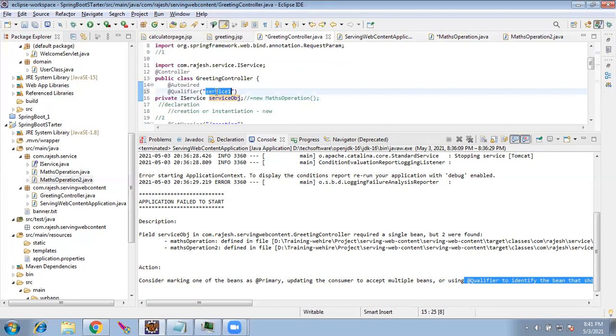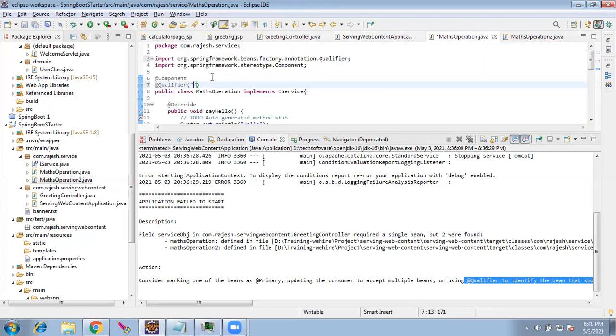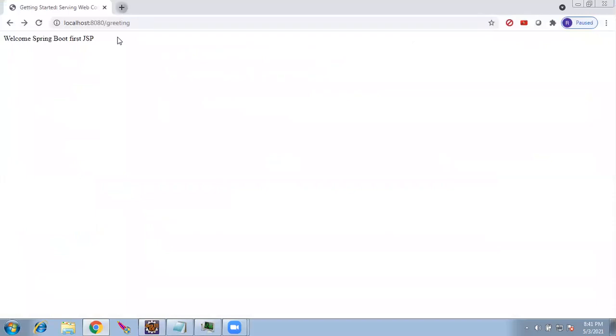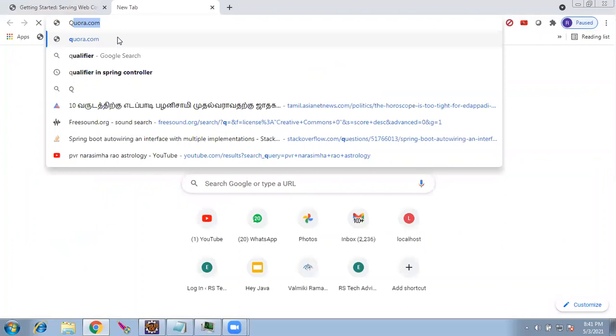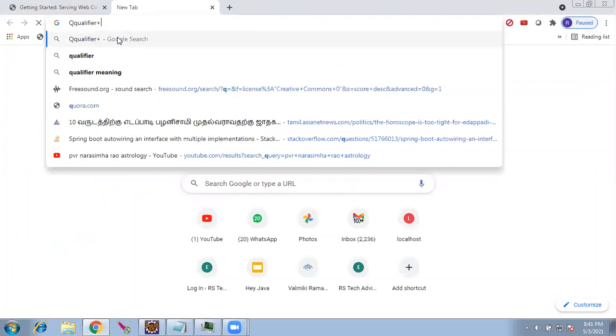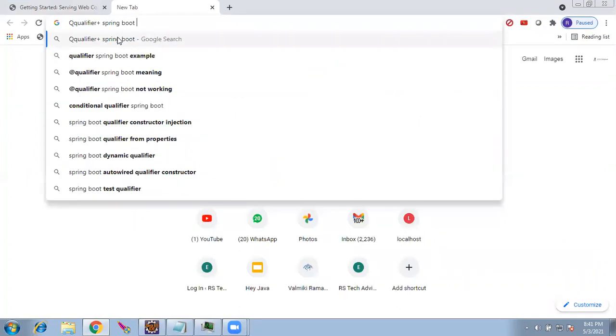Let me verify it, one second. So here we have to go. Here the qualifier is, let me just verify it once. Qualifier plus Spring Boot.